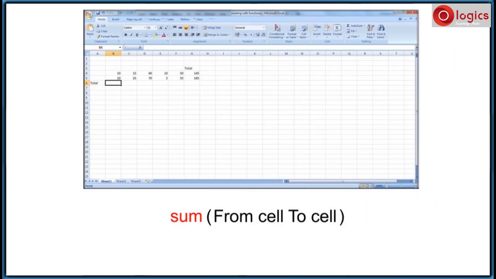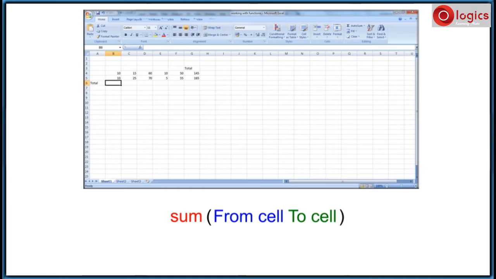Let us learn about sum function. Excel enables you to add numbers using sum function. The sum function adds all the numbers in the range of cells and returns the result. This is the syntax of sum function, is equal to sum of from cell to cell.